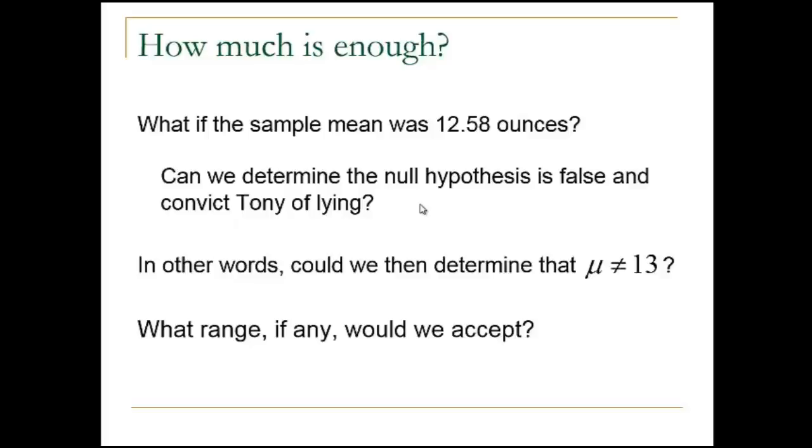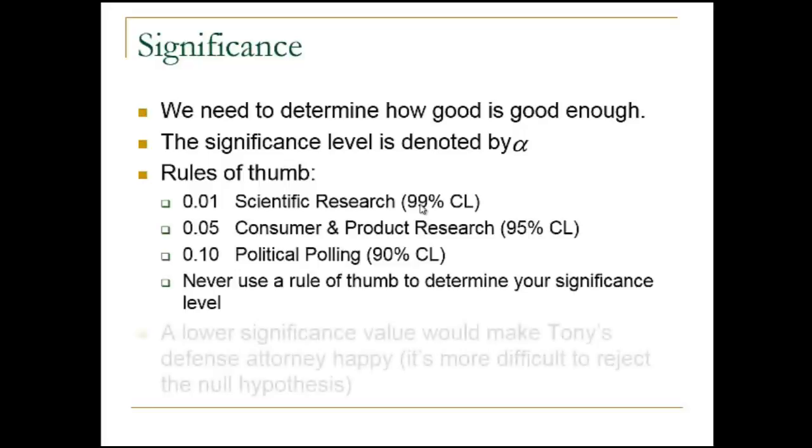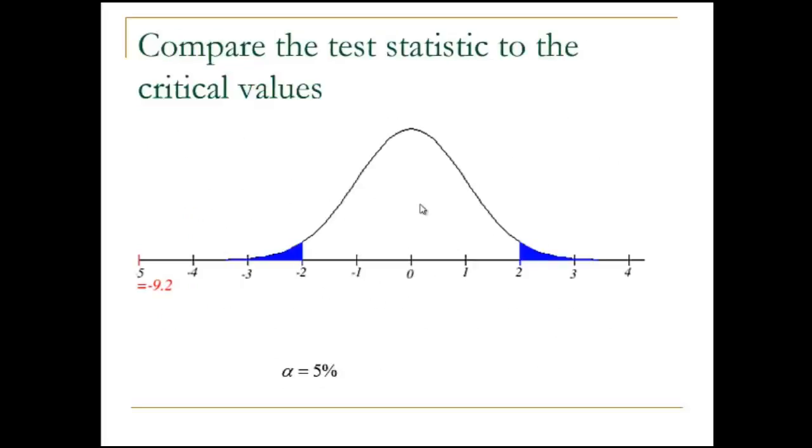So the question is, what range would we accept? Is it 12.5, 12.6, 12.7? What if it was 12? What range would we accept? Well, that's where we come to our probability and our normal distribution of means, our sampling distribution of means. So I'm going to skip forward for a moment and say, basically,